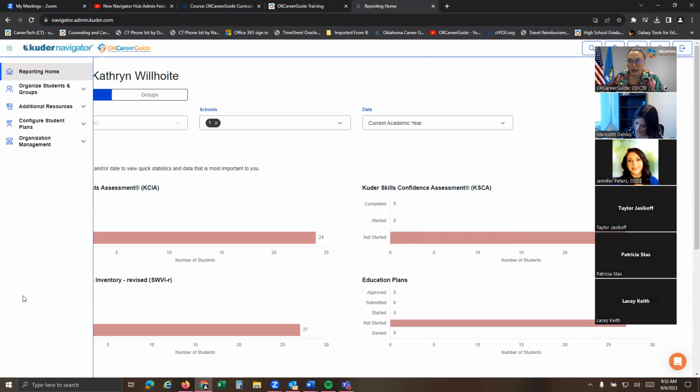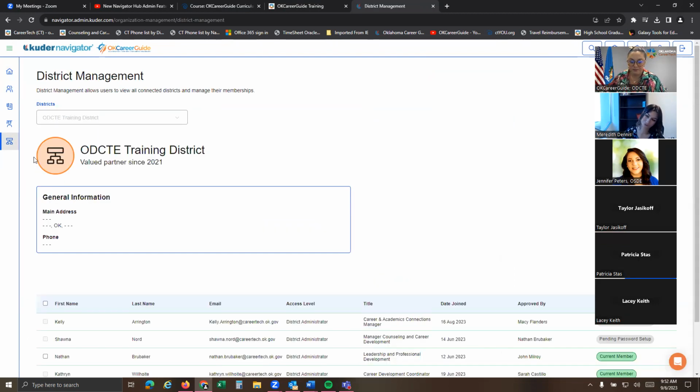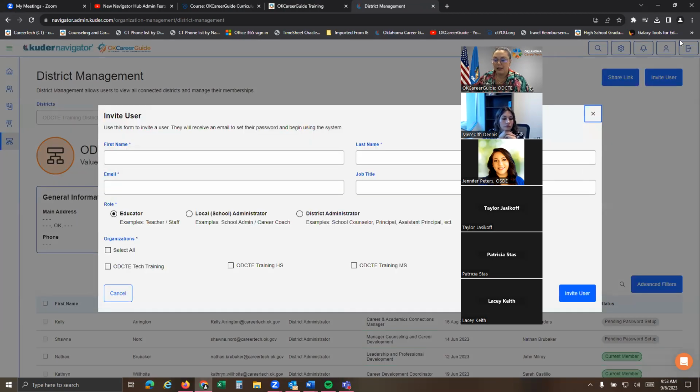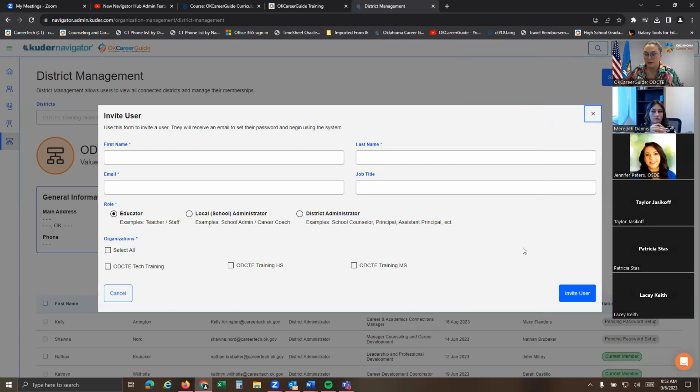And then Elizabeth, what I would do is in this left-hand menu, I would go to organization management at the very bottom, click district management, and then over here in the top right, you will go to invite user. And then I keep having to move my little camera around. I'm sorry about that. But once you click invite user, this will pop up. Let me just act like I'm going to invite Jennifer.